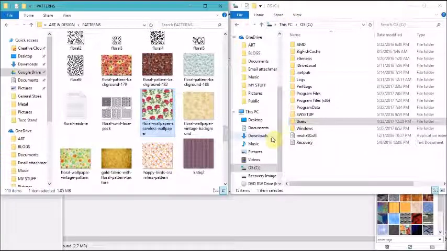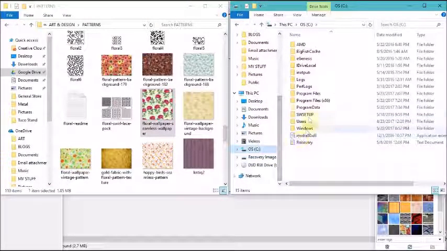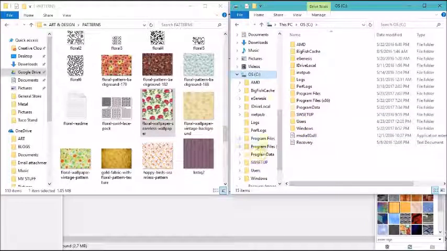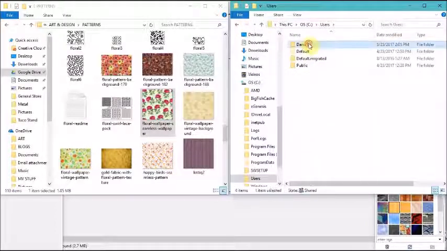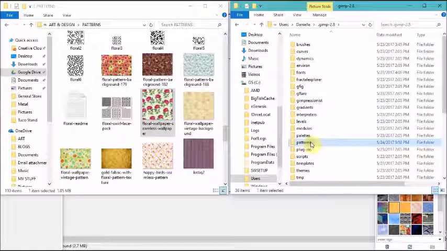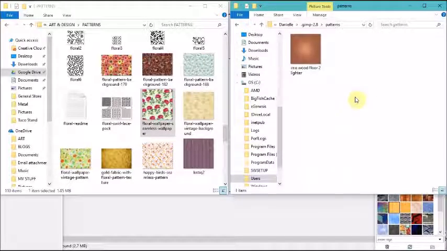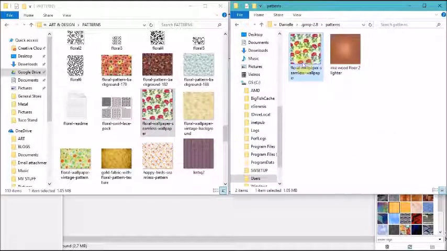On the right side, I have my computer browser window open, and I'm going to go to my C drive, users, and then I'm going to choose myself and go to the GIMP 2.8 folder, open the patterns folder, and in there I have one pattern already. It's just a PNG file. I'm going to right click and copy and paste the pattern swatch that I want to show you,